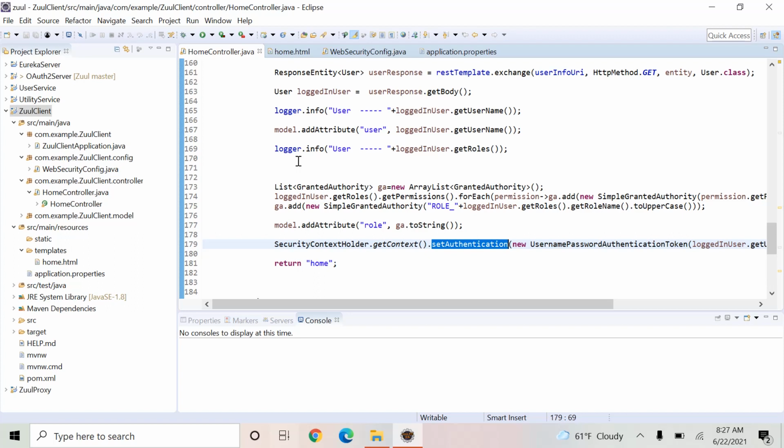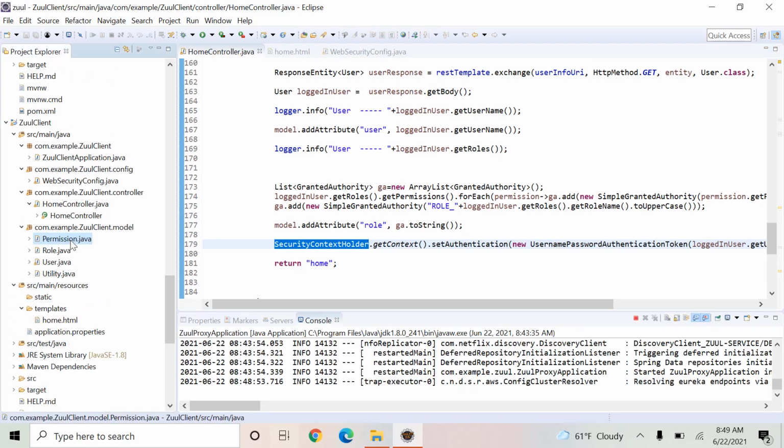So this authorization code flow is used whenever the user is not ready to provide any username and password to the application, and he just authorizes the client application to get some of the user's details from the authorization server and use those details to authenticate the user. So this is how the flow is going to be. Here you can see we just get the name of the user and permissions of that user, and we make use of that to authenticate the user and set the authentication token in the security context holder. So this is how we authenticate a user using this OAuth 2 authorization code flow.